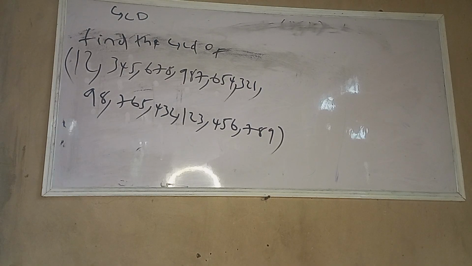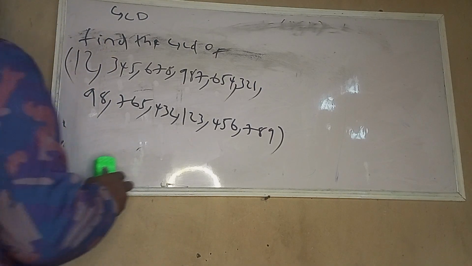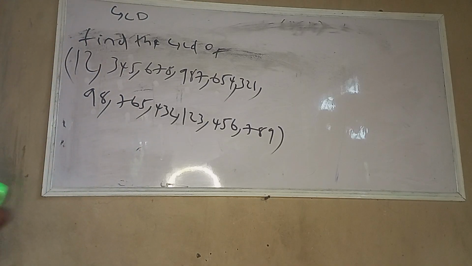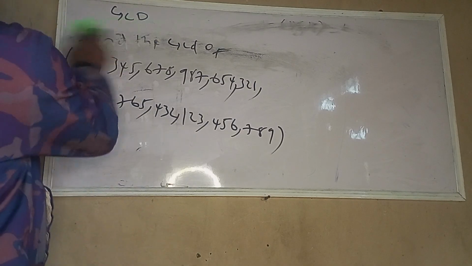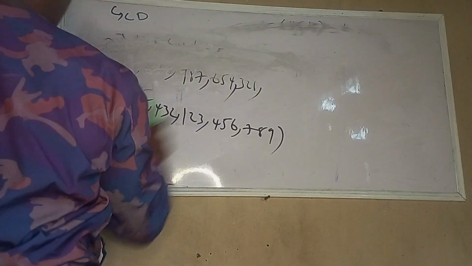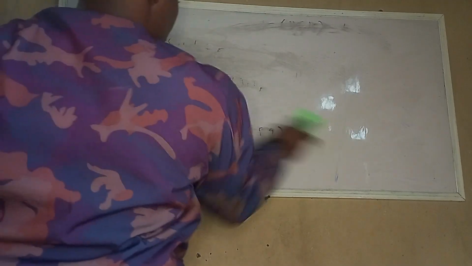It's just simple. It's the same way. GCD of these numbers is found the same way. So you will see,